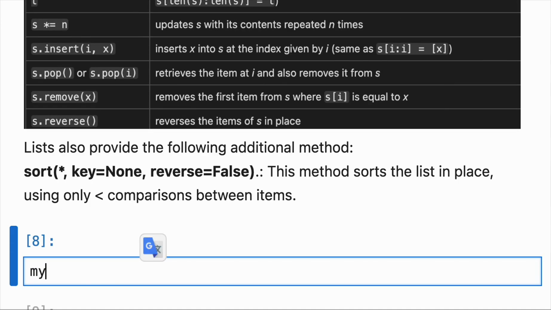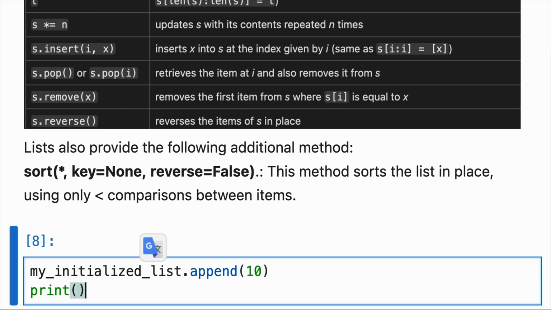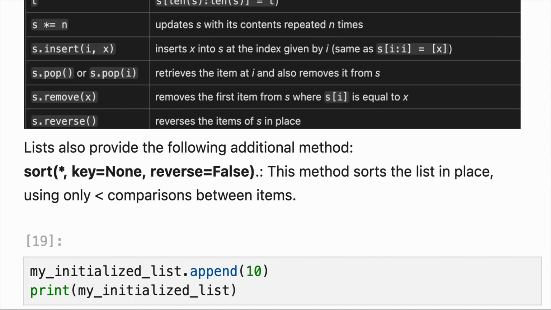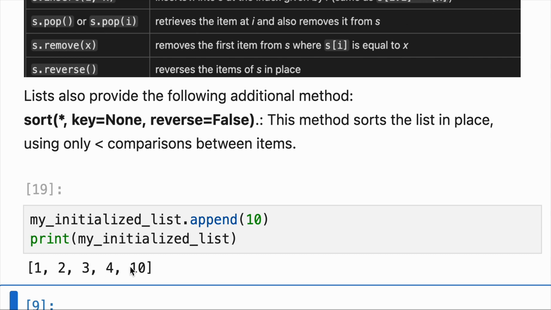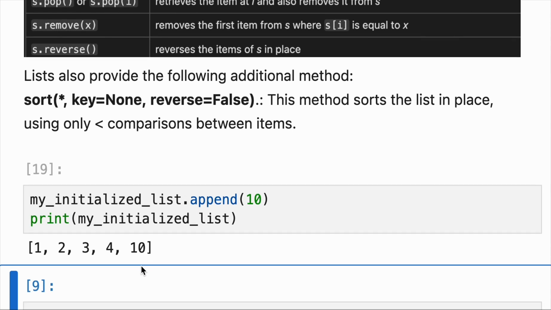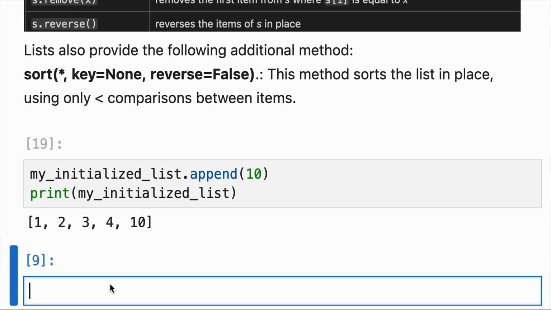I think it's called my initialized list dot append 10, and then let's print our initialized list that we declared above. See, now we have 10 in our list. Now let's